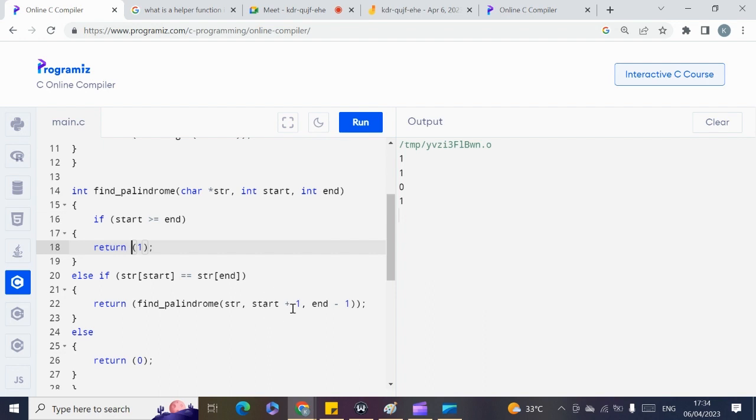Mike, I have a question. The character is 1 byte, right? So it means that it's a single character. So we are comparing the characters, right? Yeah, characters. That's what we are doing. So that's why you're saying that if start is equal to end, so if string start is equal to string end, and then